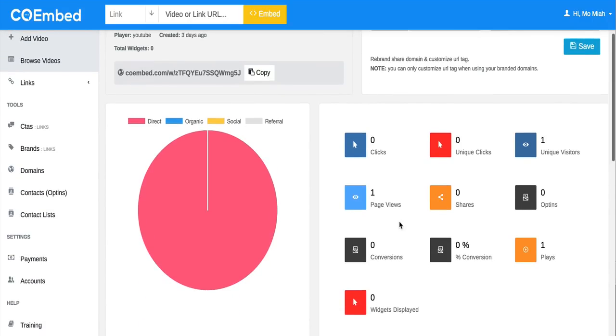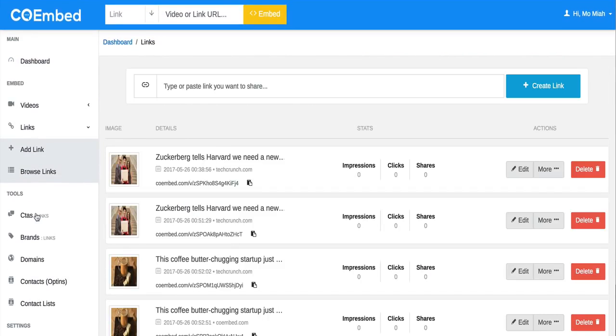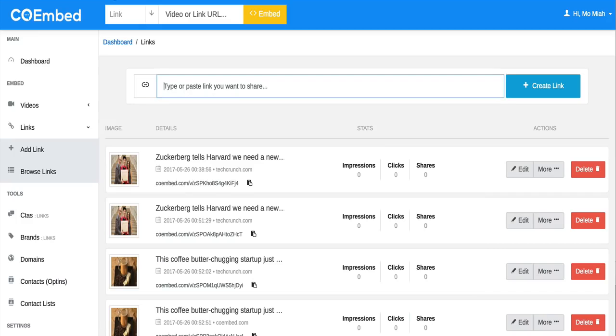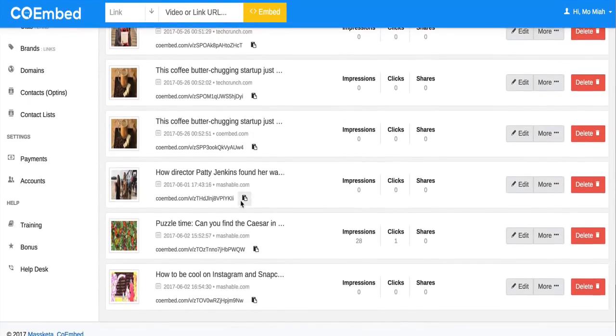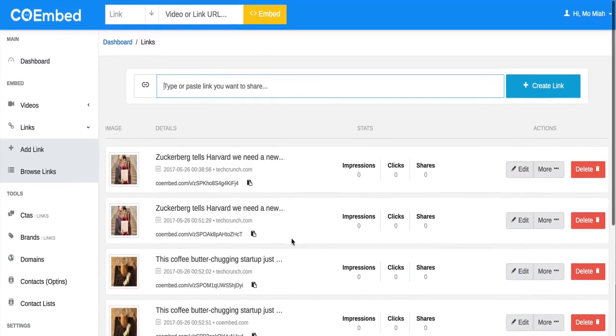So now I'm going to show you how you can do this over any web page. Okay, I've shown you how you can do this with videos. Now I'm going to show you how you can do this literally over any website. See, with Co Embed, you can leverage authority quality content from any website and embed them with some very cool, powerful call to actions to drive hordes of free traffic, build a responsive buyers list, and just profit on complete